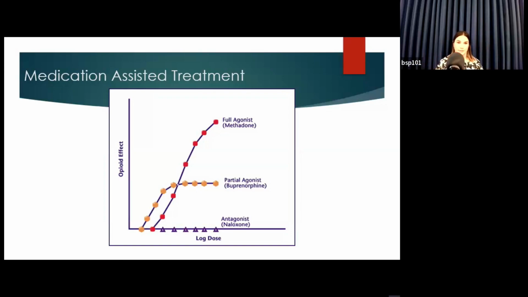Buprenorphine is a partial agonist of the opiate receptor, so it doesn't activate the receptors as strongly as your oxycodone or your fentanyl or whatever, but it does activate them enough that you're blocking withdrawal and helping with cravings. The only issue is that buprenorphine has high affinity for the receptors, so it binds very tightly, which is good, unless you already have opiates in your system. So for people to go on to buprenorphine, they need to actually not have taken an opiate for like 24 plus hours and be in moderate to severe withdrawal, so that when they take the buprenorphine, they don't just knock more opiates off the receptors and put themselves in worse withdrawal. So that can be a little challenging for people.